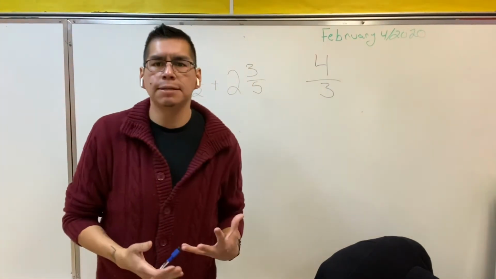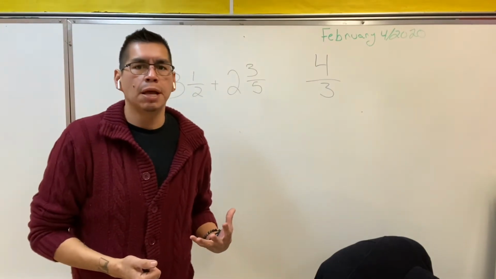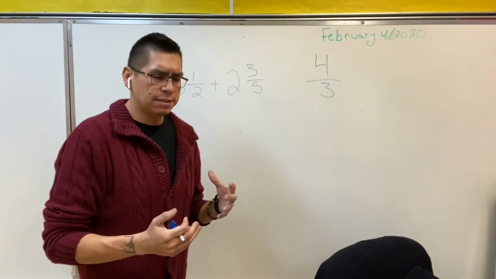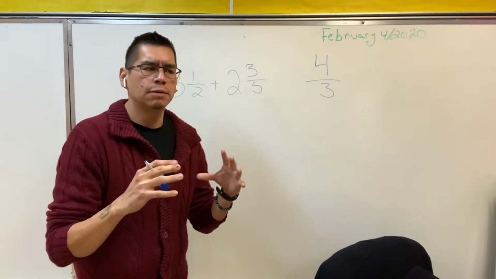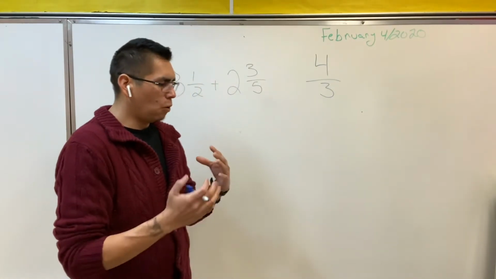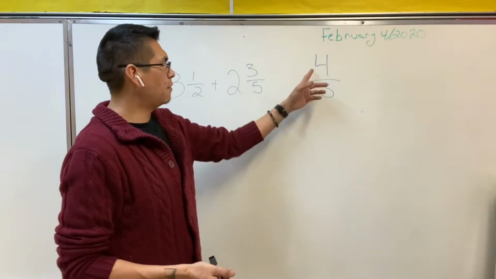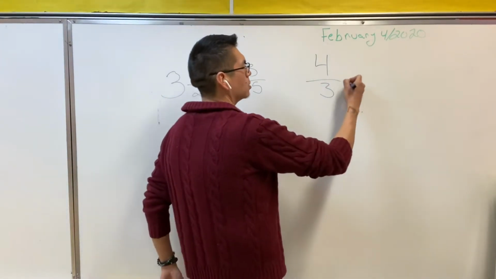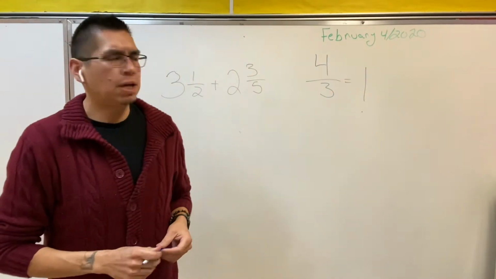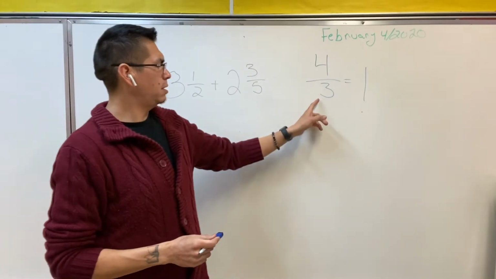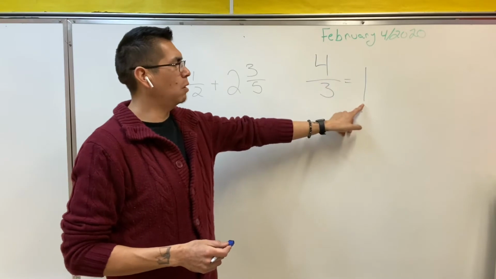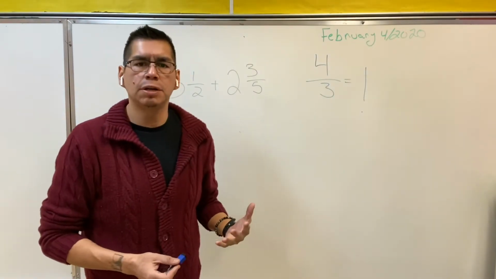how many pieces does it take to make a whole, right? Well, it takes 3 pieces to make a whole, but we have 4 pieces. So we can make a whole, right? Like I said, if we had a chocolate bar, it takes 3 pieces to make a whole chocolate bar, and we had 4. That means we have 1 whole chocolate bar. Okay. Well, what happens to the other piece? I mean, we took 3 away and made a whole. So how much do we have left over? We have